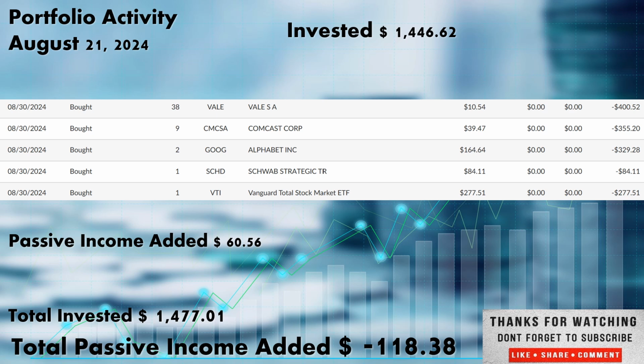And VTI, Vanguard's Total Stock Market ETF, and it is what it says, the total United States stock market, all the companies in it, a little over a couple thousand companies in there, and we picked up that 1 share at $277.51. Added an additional $60.56 in passive income. Total invested